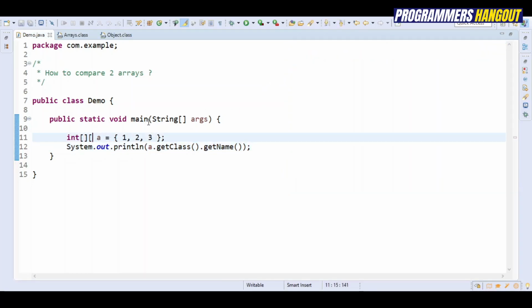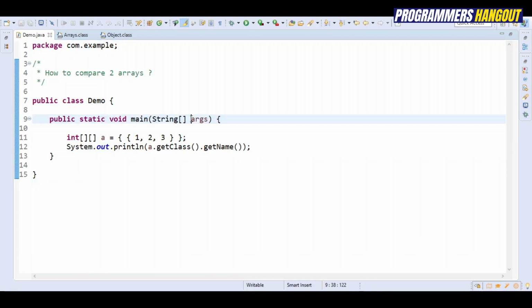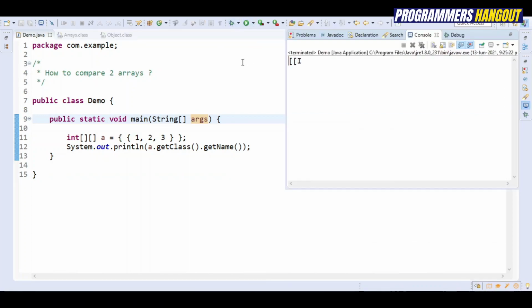If I declare a two-dimensional array, this variable A internally belongs to this class. Basically, it's an object reference.